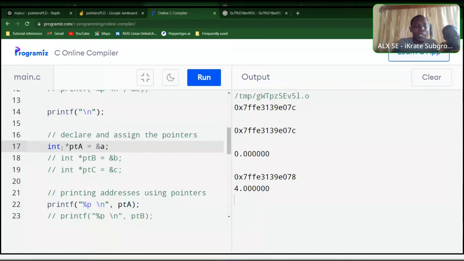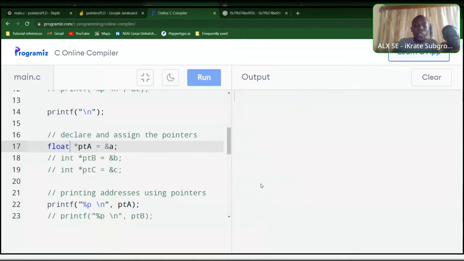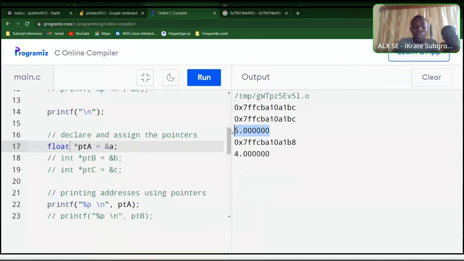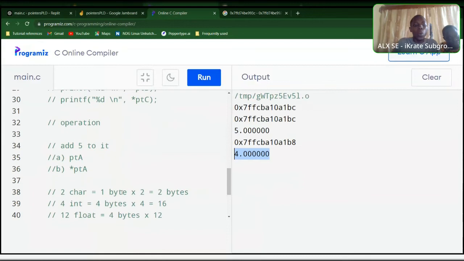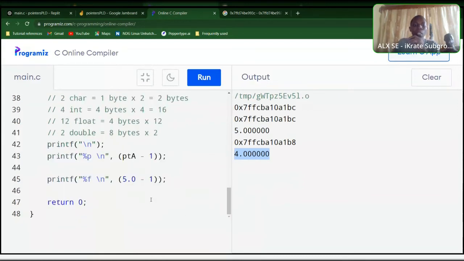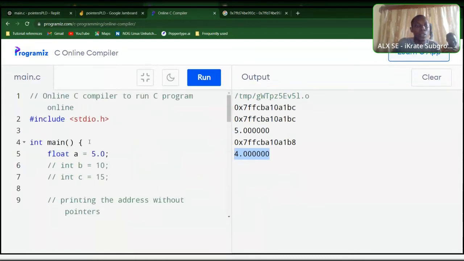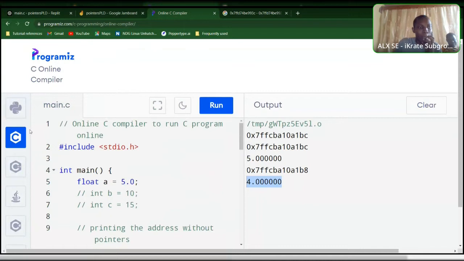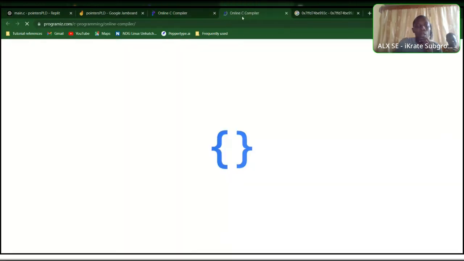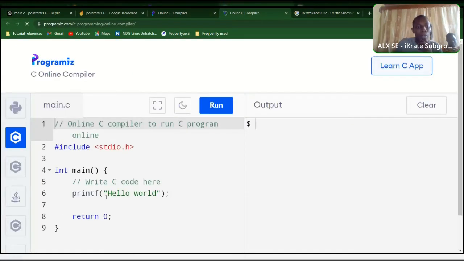So now we know that if we correct this to float, hopefully it should give us 5.0 here. Then this 4.0, because we've subtracted 1 from 8. So in summary, let me open a new compiler. In summary, all we've learned